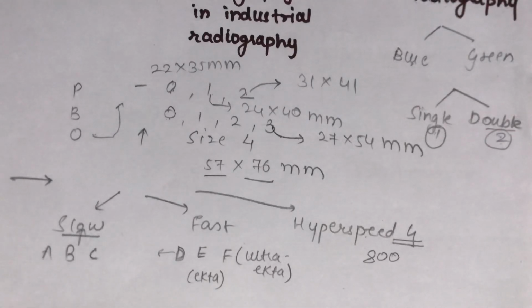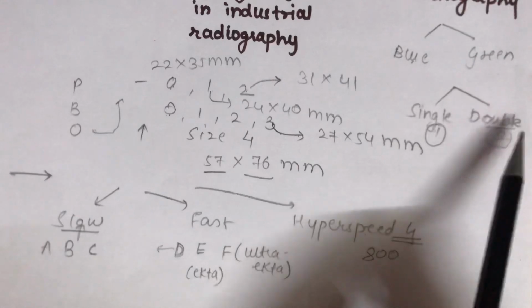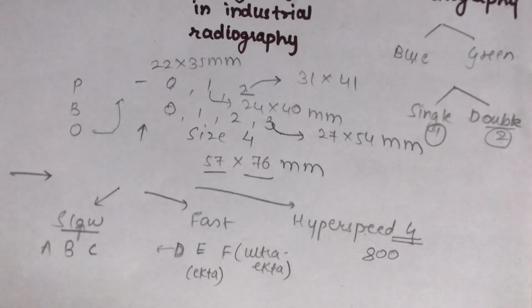Now the film that we are using: depending upon the sensitivity, as you know, you're not using any screen, so it is a direct action film. According to the use, you're using a periapical film. According to the speed, it is usually written on the back of your film, so it is written which speed exactly that film is. The next is according to packaging. You're using a single film; there are no double films in the film that you usually use in the colleges. So it is a single packaging.